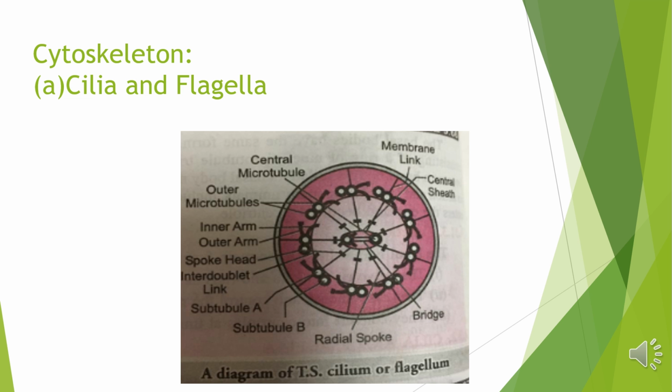Such an arrangement of axonemal microtubules is referred to as the 9 plus 2 array. You can see in the diagram that 9 doublets are present on the periphery and 2 in the center. The central tubules are connected by bridges and are also enclosed by a central sheet, which is connected to one of the tubules of each peripheral doublet by a radial spoke. Thus, there are 9 radial spokes. The peripheral doublets are also interconnected by linkers. Both the cilium and flagellum emerge from a centriole-like structure called the basal body.